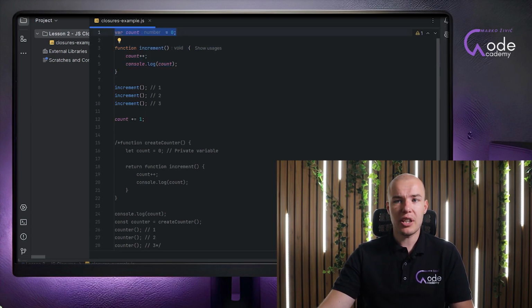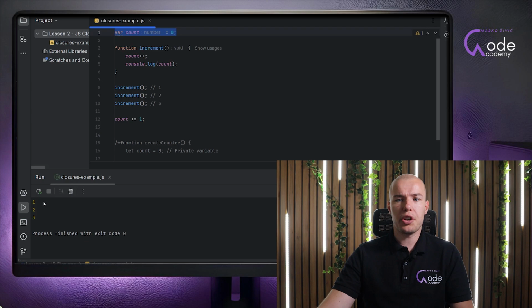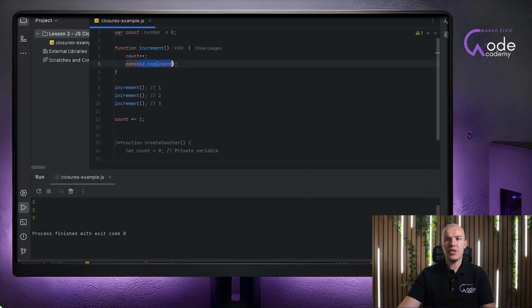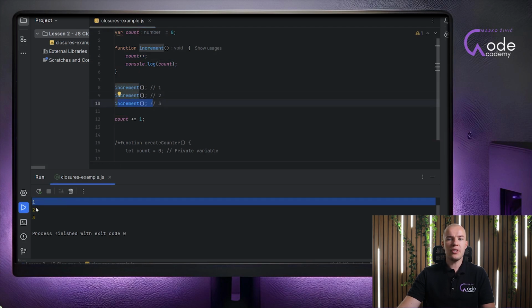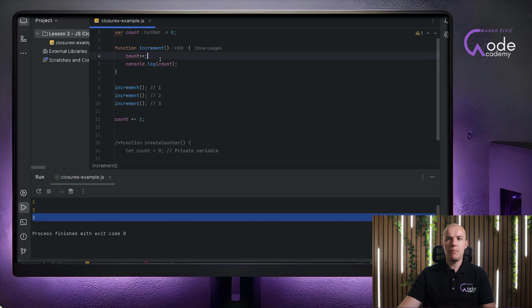It's a very simple application and it should work as expected. So we're printing the value of count whenever we increment its value. And because we are invoking it 3 times, we are printing 1, 2, and 3. Because we are first incrementing from 0 to 1, then from 1 to 2, and finally from 2 to